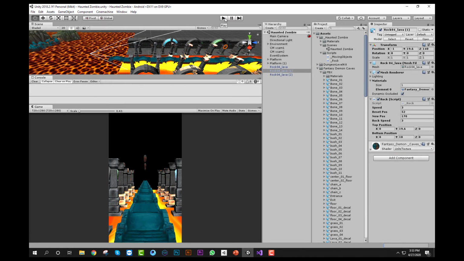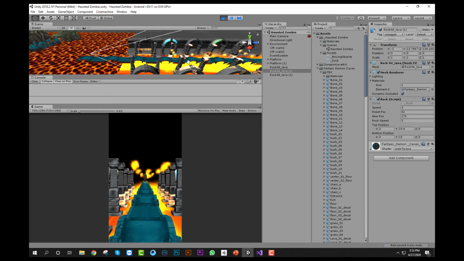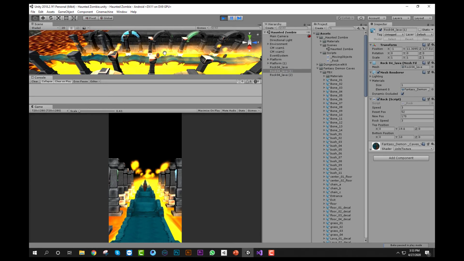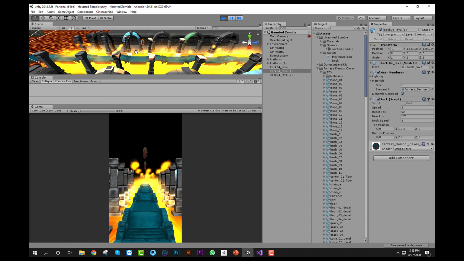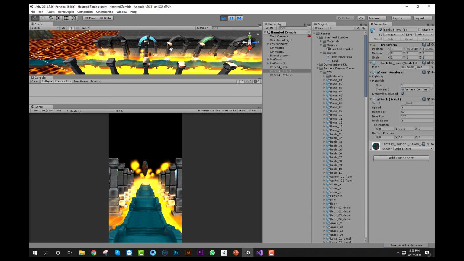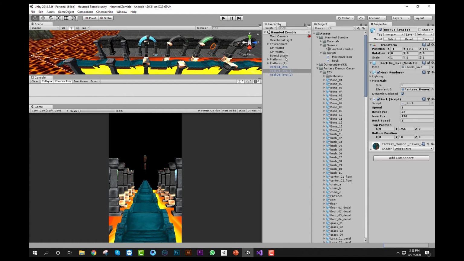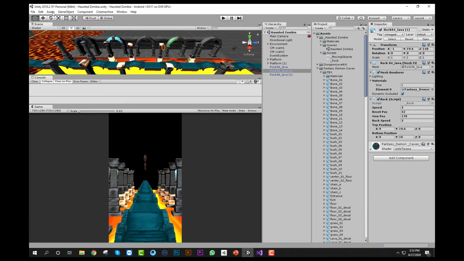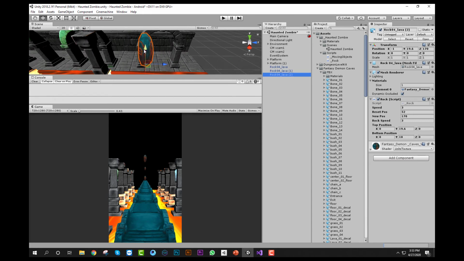Now the one thing which I have to do: when these rocks are moving, the Y positions are the same, meaning the down position of all the rocks is the same. That's not looking cool. So what I have to do is just randomize the value of Y like this. Here the third position will be here.